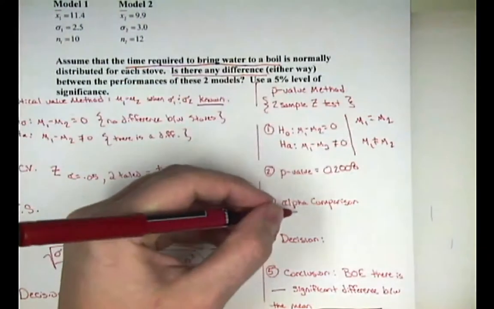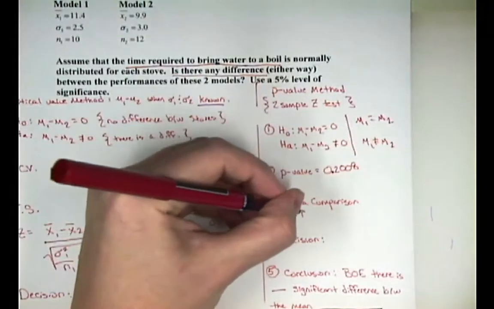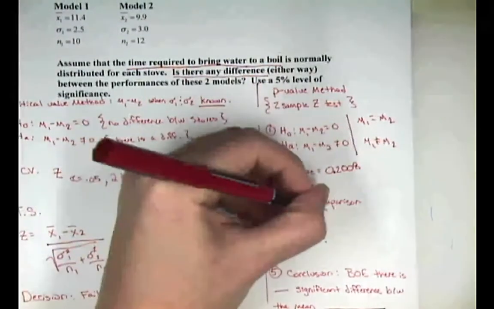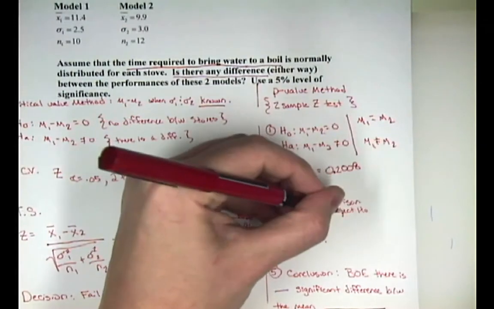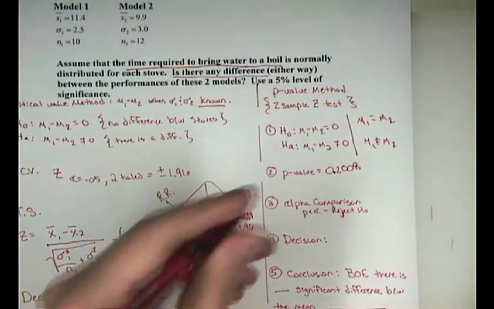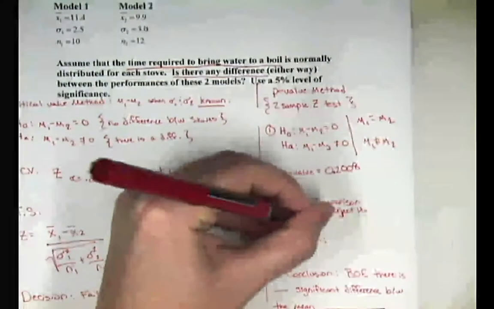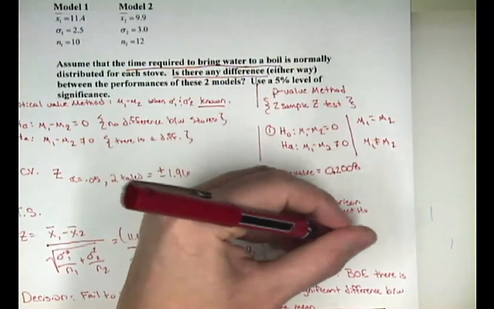Now your alpha comparison, recall the rule is if p is less than alpha, you reject H naught. So is p 0.2008 less than your alpha 0.05? No, it is not. P is greater than alpha. So we're going to fail to reject